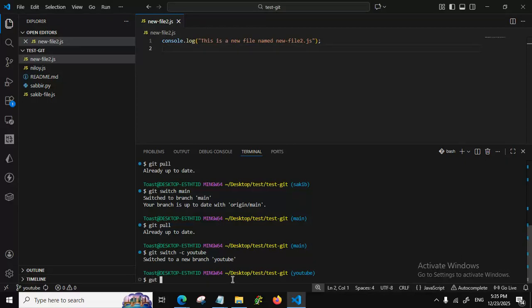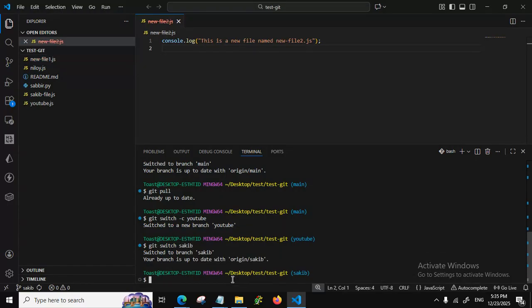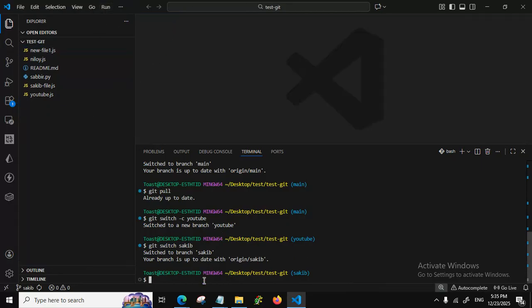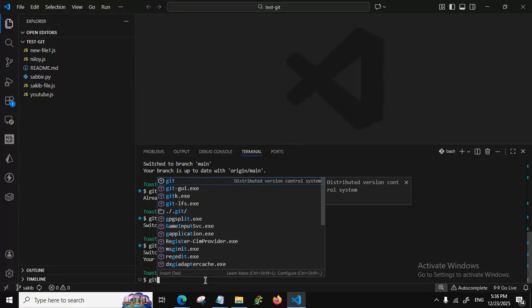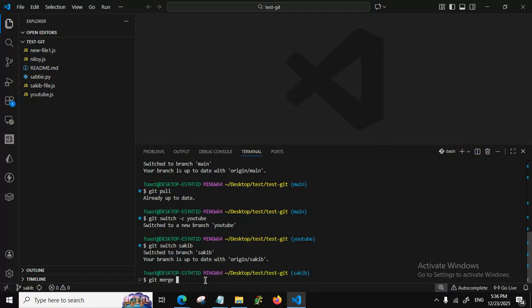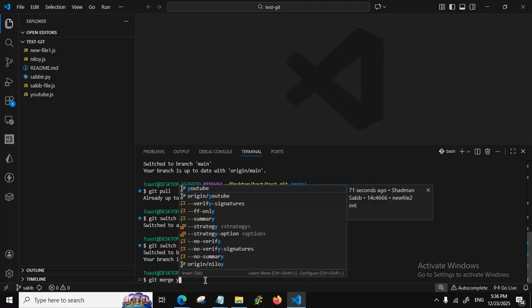First we have to switch to Sakib branch. Git switch Sakib, and after we have switched, close this file. Right. After we have switched to Sakib branch, we have to pull the new feature from YouTube branch. So that's why we are going to use the git merge command. So git merge, and then